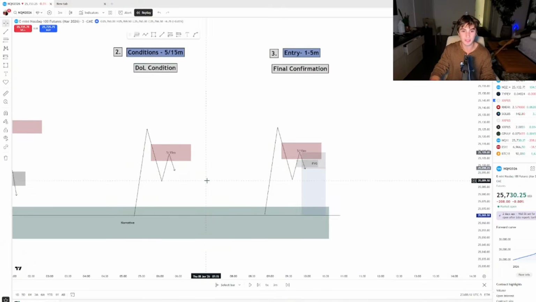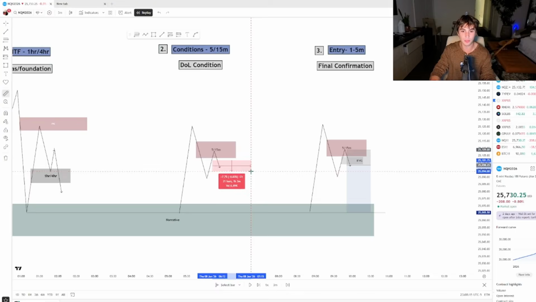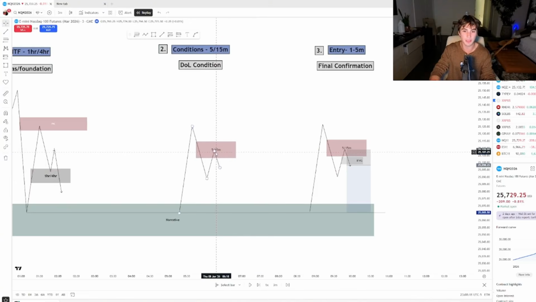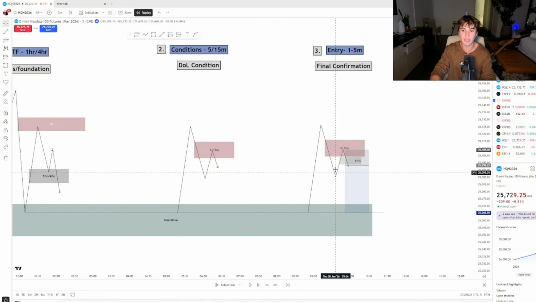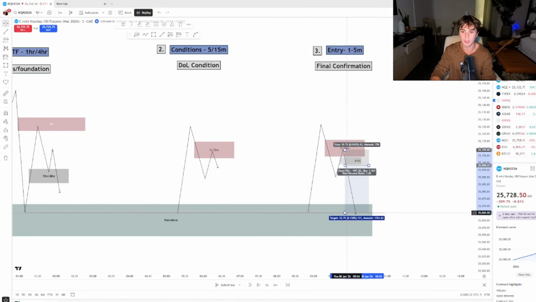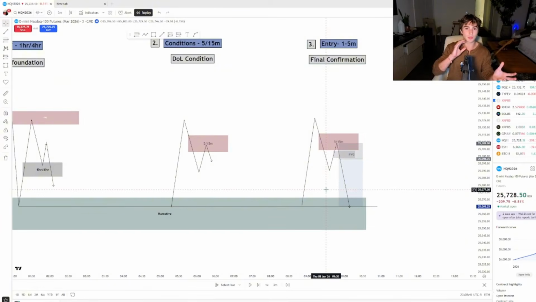I would put my stop loss at this high, because since we've confirmed that price wants to go lower after price hit this 5 and 15 minute gap, I assume that this high is protected until a narrative or objective has been met. So until price hits this low, I should anticipate that price should not go back to my stop loss. But once this low gets taken, now I can expect that price will go back to that stop loss. So obviously I want to be taking profits. That's pretty much how I use inversions.